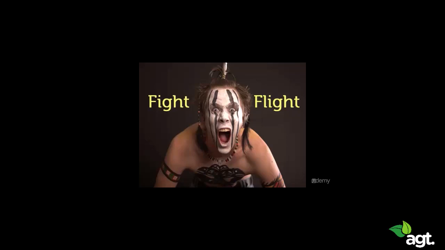In these situations, the brain had only 3 options to choose from. First, they could fight the animal. And secondly, they could try to run away as fast as possible. And the third, which is not here on the slide because it's much less talked about in research and in general, is that they could pretend to be dead. That would be freezing.